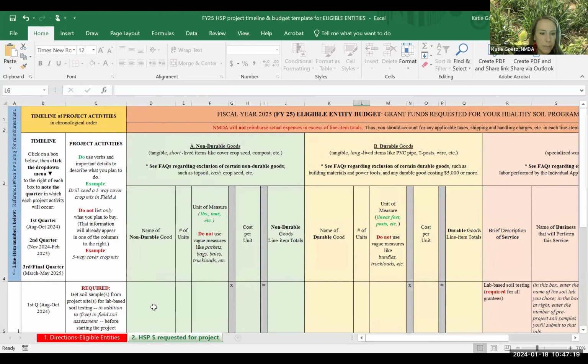My keys were a little gummy the other day, so I'm not going to click on this first tab, but I strongly encourage that you do, because that's where you will find directions as to how to complete this template. And those directions, as you might guess, point you back to our frequently asked questions document. Again, a lot of the eligible and ineligible expenses for funding consideration through our program are spelled out in that